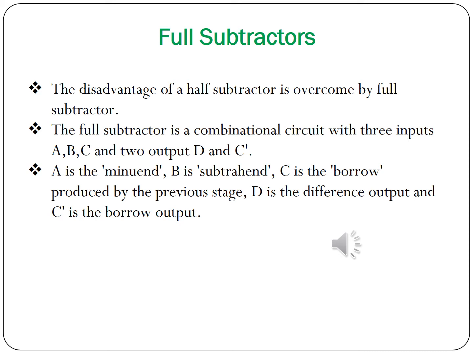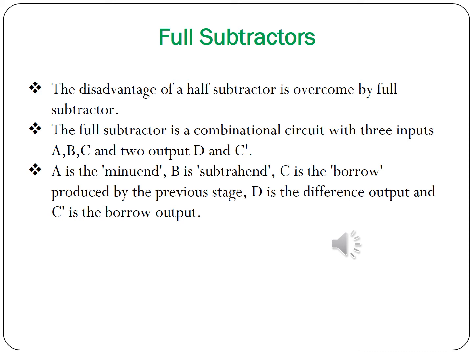In the full subtractor circuit, the input A is the minuend and B is the subtrahend, and the other input, C in, is nothing but the borrow over subtraction, the borrow produced by the previous stage. The full subtractor circuit has the outputs difference and borrow. D is the difference, and C bar or B is the borrow output.